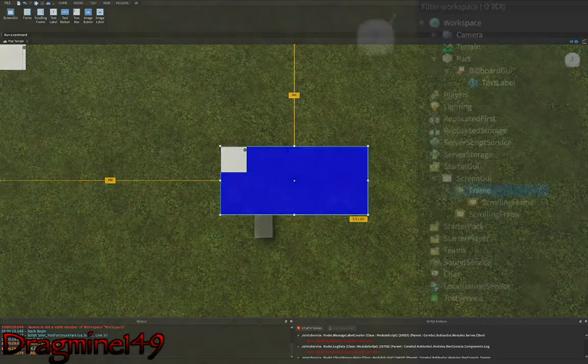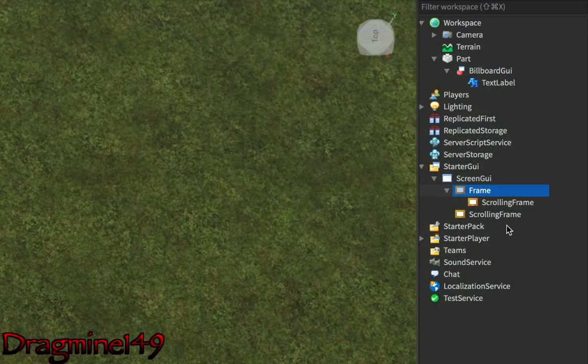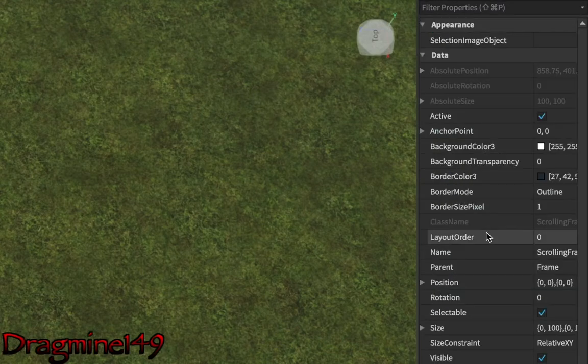Now, let's go on to the scrolling frame I put inside of it. Scrolling frame is a frame that scrolls. We've got the normal data, which is exactly the same, but just different things changed.